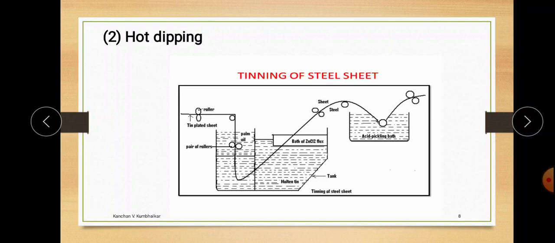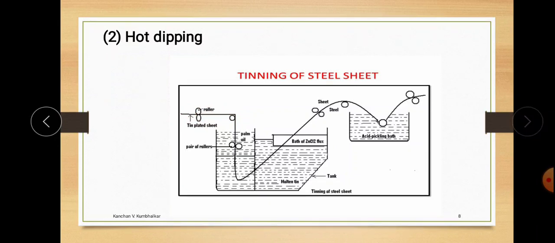The freshly formed tinning surface, when the tinning process takes place, is fresh, due to which the metal or tinning surface does not get corroded. For that purpose, the antioxidant material, that is palm oil, is used, and the metal sheet is transferred through the palm oil, and then through the rollers, and a uniform layer of tin is coated on the steel sheet. This procedure is known as the tinning process, and this is also included in the hot dipping process.